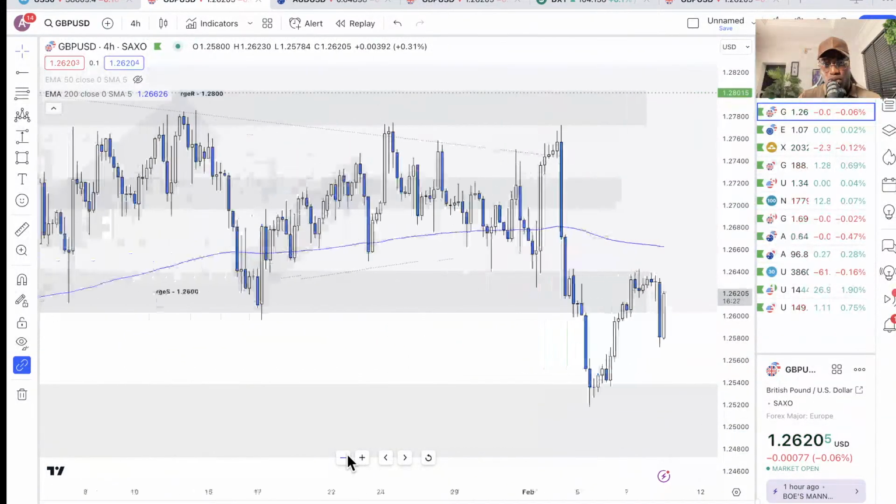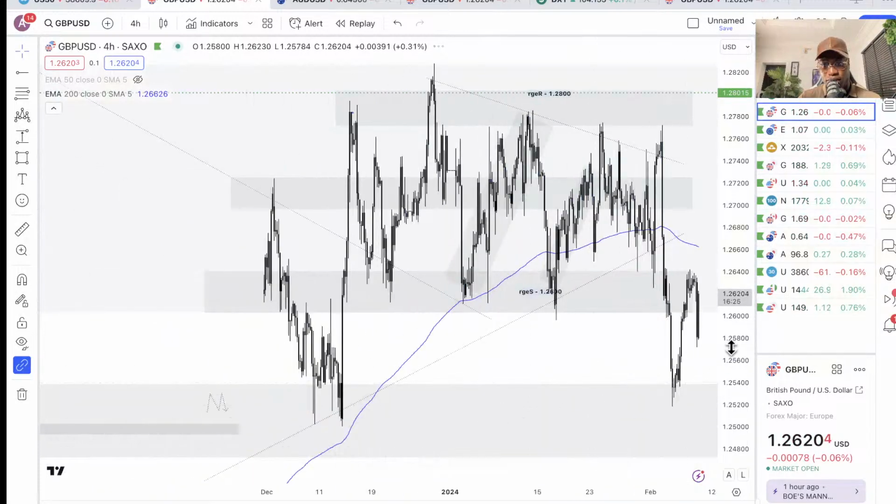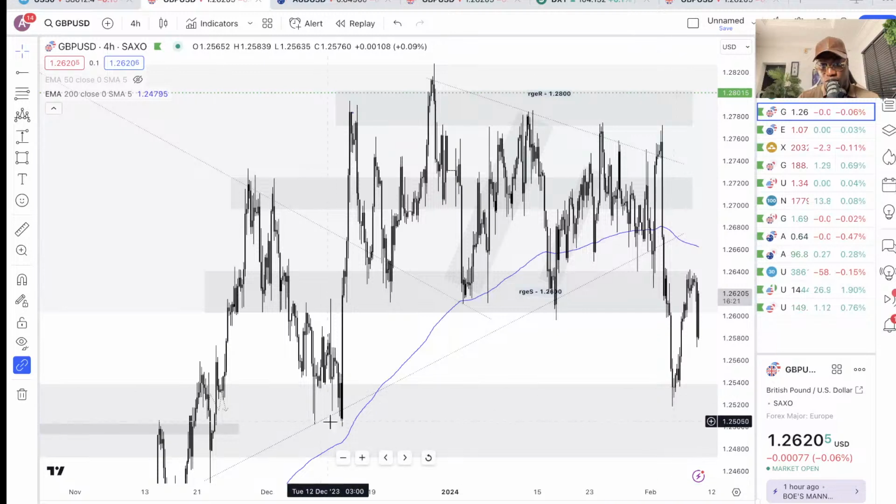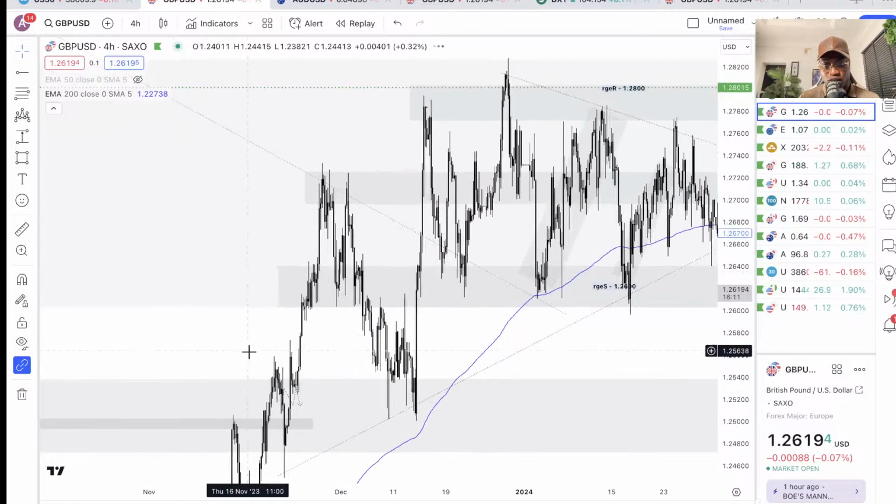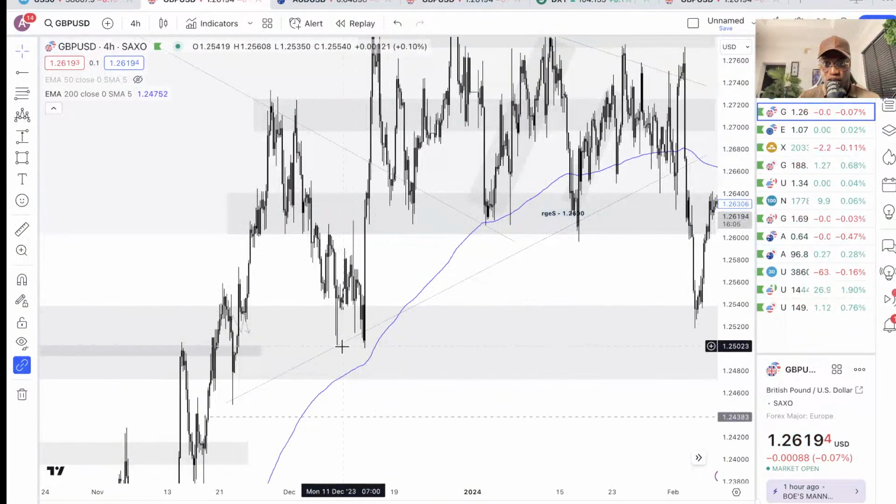So I'm going to zoom out a bit so you guys can see. We had that massive rejection at this point. As you can see, we had the retest. Boom, we had it here, another retest here. This served as resistance for this level on GBP/USD, and came back to serve as support. And again, this is where the trend line comes into play. You can see that at the third bounce on this trend line, the market pushed back very strongly, right?